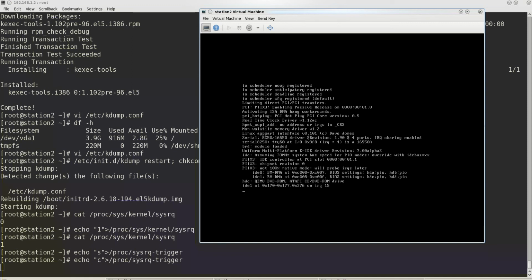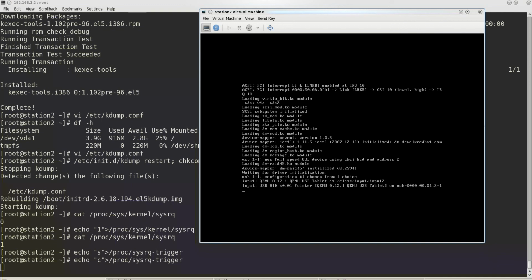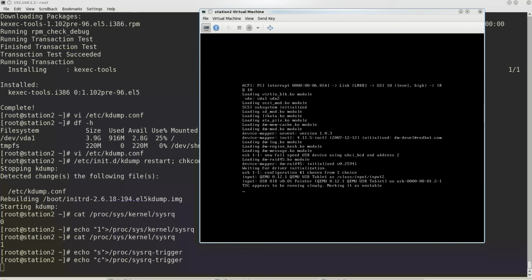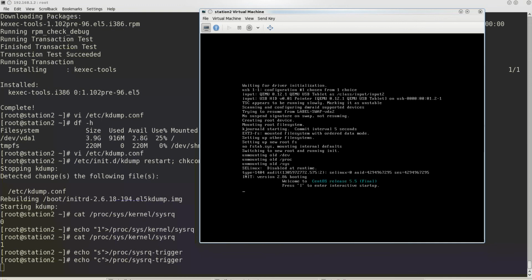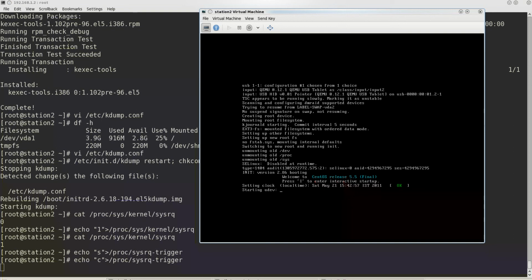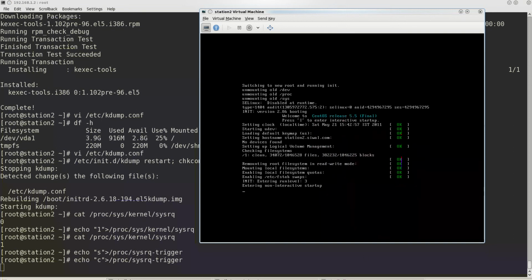We will see that there is a VM core that is created in /var/crash, and then the folder you'll see. It's booting, and we have a different station, that is station 9. I'll be using this station to analyze the VM core.